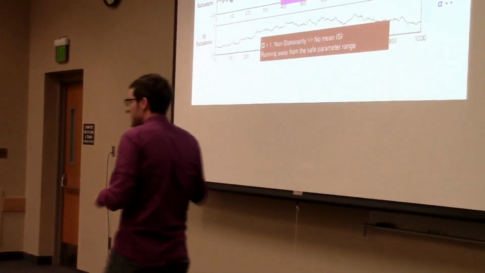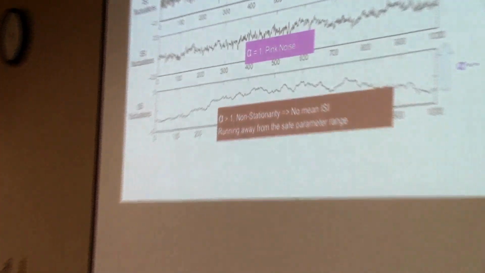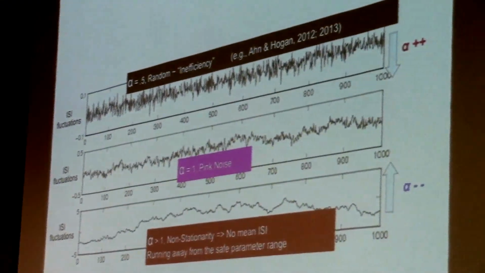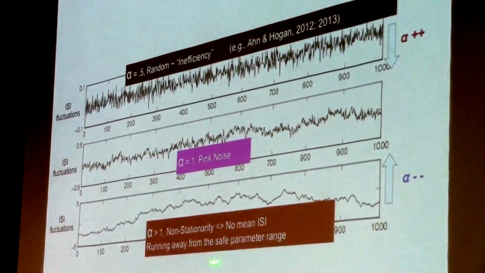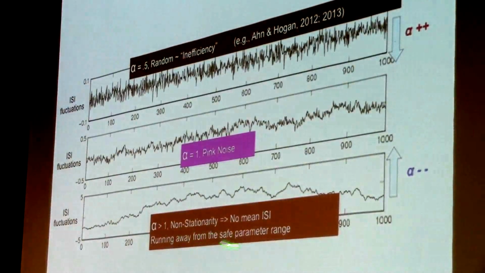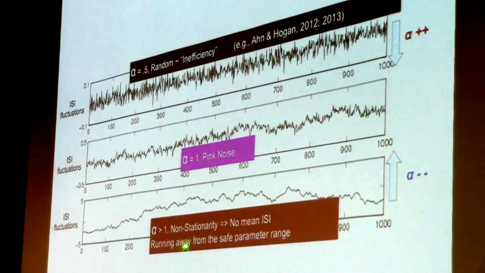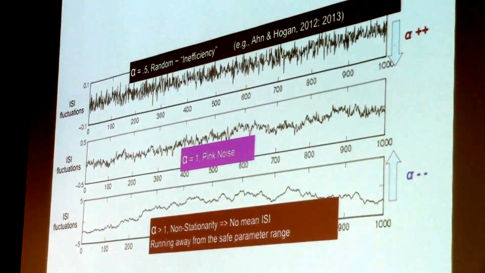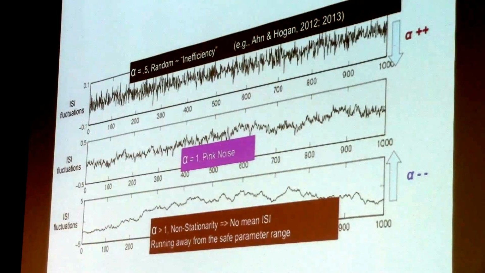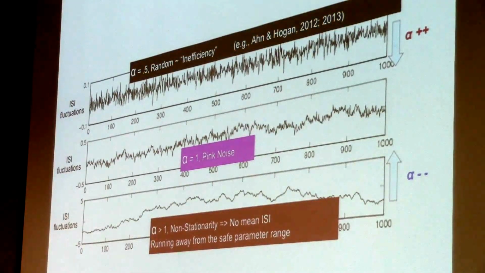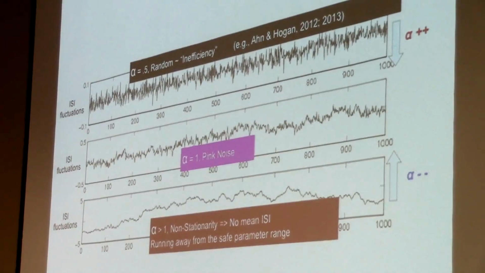Well, for this, I don't actually have a good theory, but my reasoning is like that. When your alpha goes beyond 1, this is a non-stationary process. And if these are my interstride intervals and they're non-stationary in the mean, this basically means that I'm no longer obeying the pendulum dynamic that you would expect in a healthy human walker.